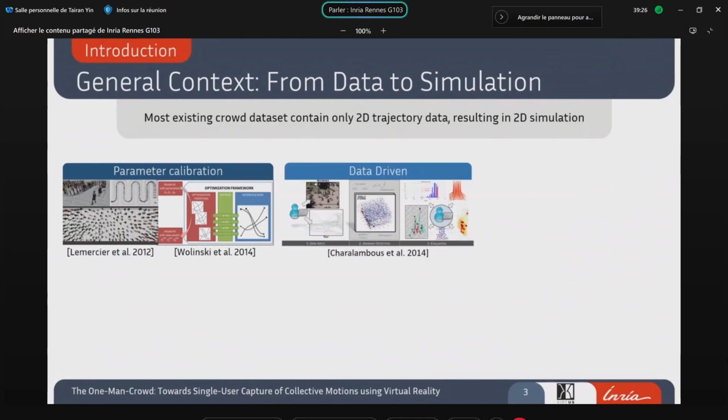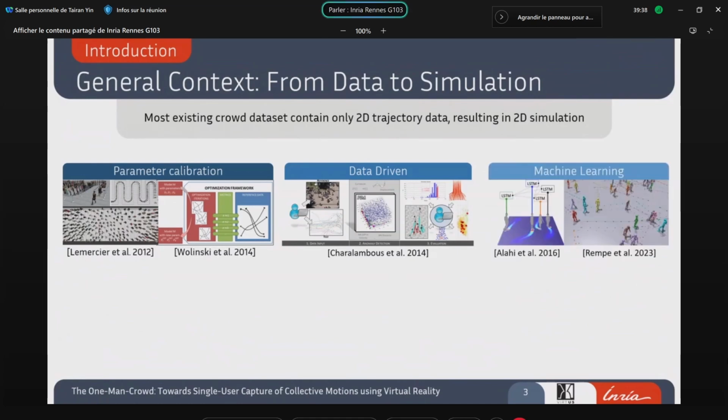And second, we have data-driven methods, which search and use crowd data from a large database to simulate pedestrian trajectories. And then with the rise of deep learning, a lot of recent studies have chosen to use crowd data as the training material to feed their neural networks.